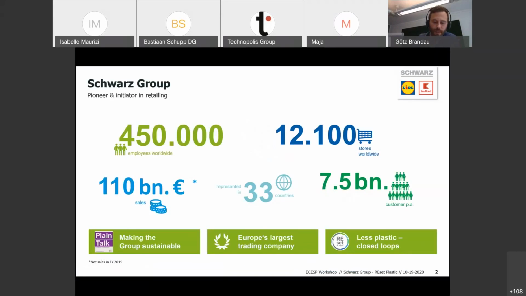I'll stick to the basics in my introduction. I run the Brussels Public Affairs Office for Lidl. We're a chain of discount supermarkets. We operate stores all over Europe. Discount supermarket meaning that our assortment is somewhat reduced compared to many other supermarkets. We have a strong focus on own brand products. Lidl is part of the Schwarz Group. You may know our other retail arm, which is Kaufland, and in total we operate just over 12,000 stores in the entire European Union and some stores outside of Europe as well.